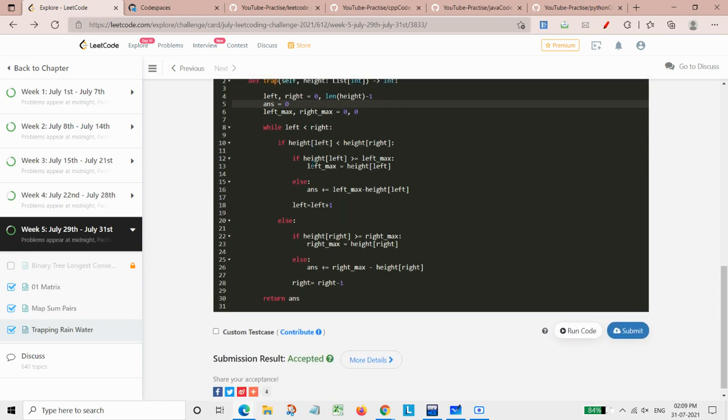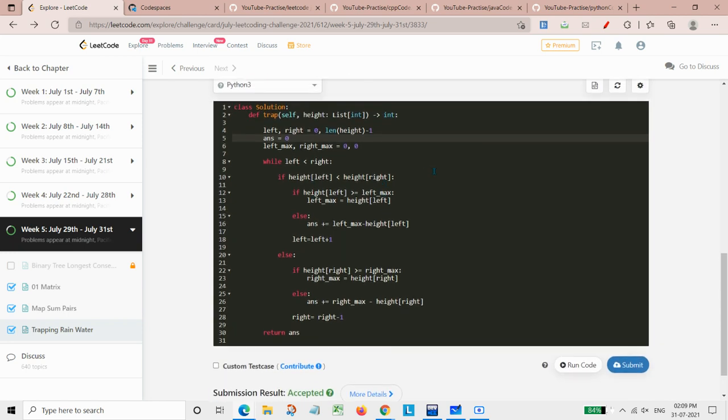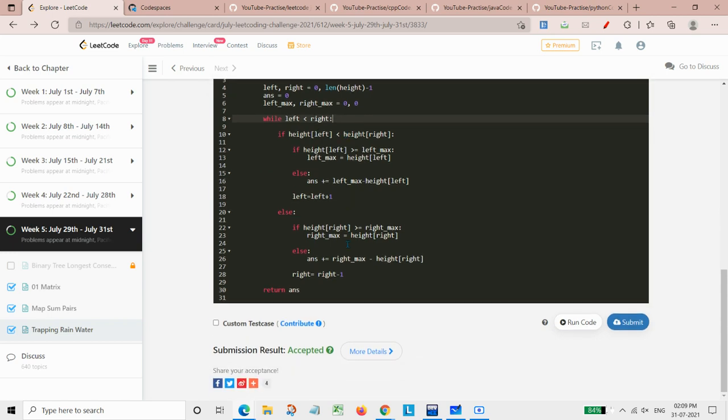Then again it is the same as in C++, only we have removed the brackets and replaced them with a colon, and the whole code is as it is. Also the increment operator has been replaced by left equals left plus 1, because left plus plus doesn't work in Python, and the decrement operator has been replaced by right equals right minus 1.